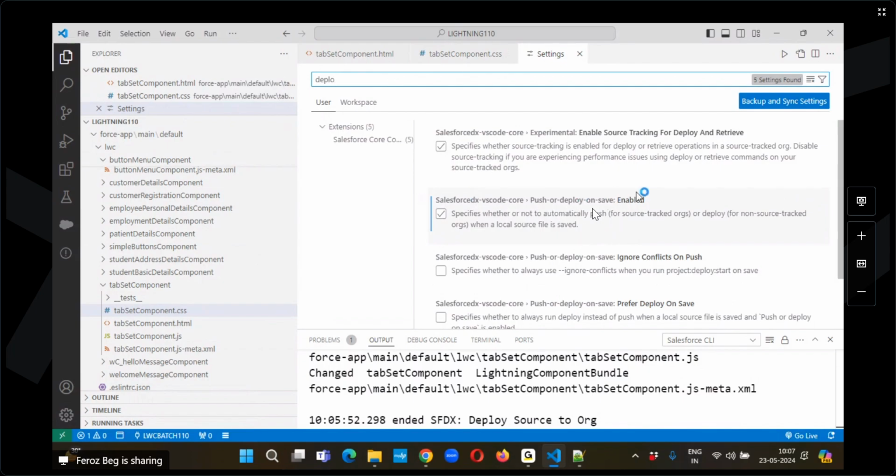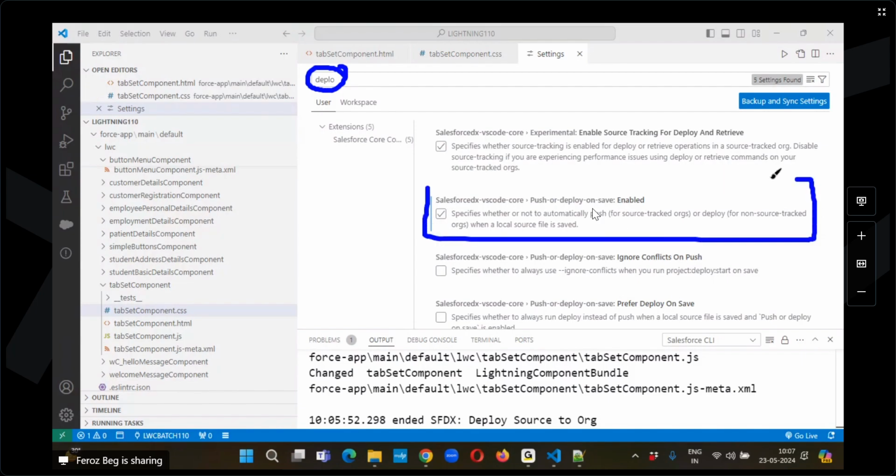Now, here we are having this option. Just go to the settings option here and search for the option deploy. There you will have a checkbox available here: push or deploy on save. That means whenever this setting has been selected, after writing the code inside your component, once you use